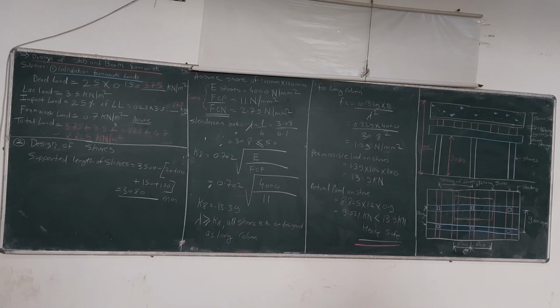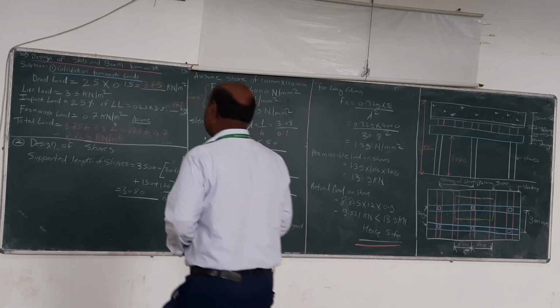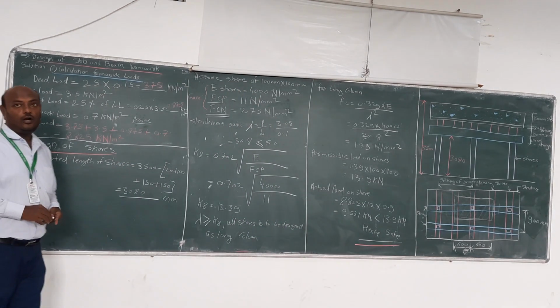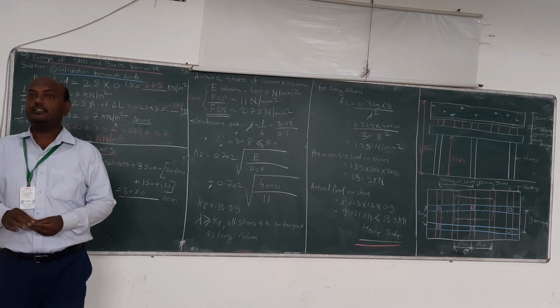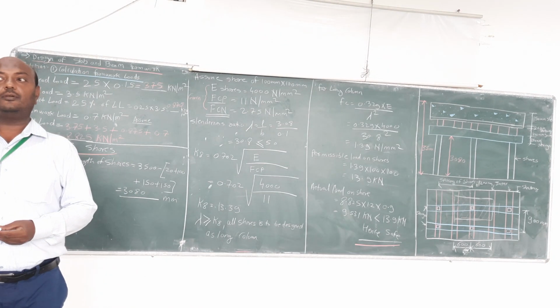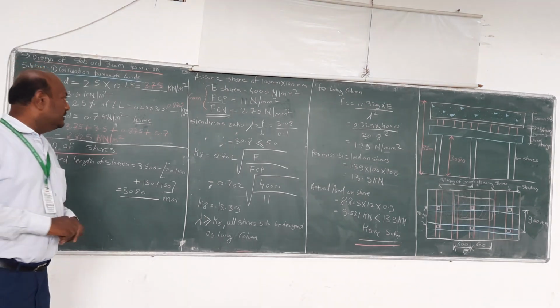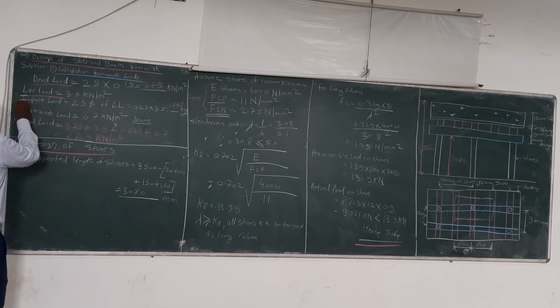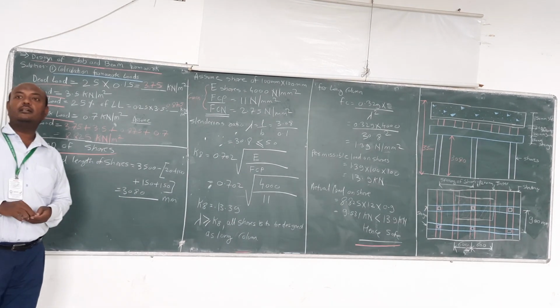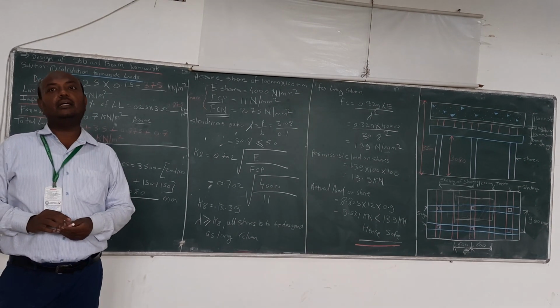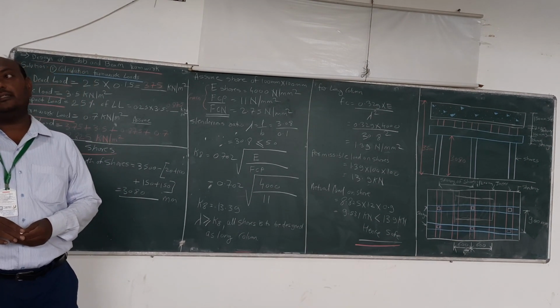Now we will design the shore. Design of shore. The whole load of the shuttering as well as the structure, that is the beam or the slab, concrete load, all this load, that is the dead load, live load, impact load, formwork load, will come over the shore. So our shore should be such that the load which is coming over it